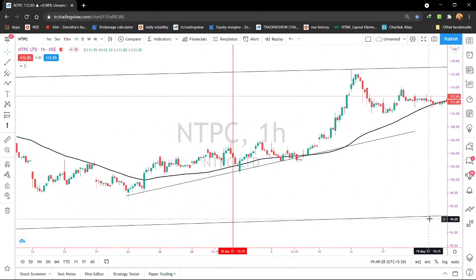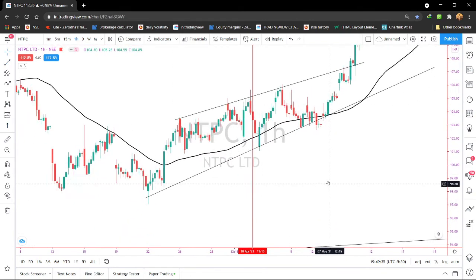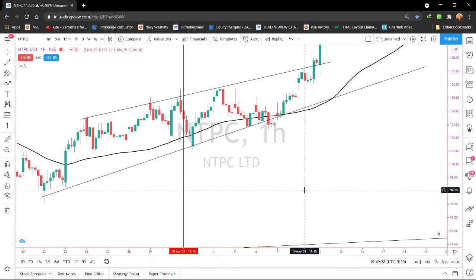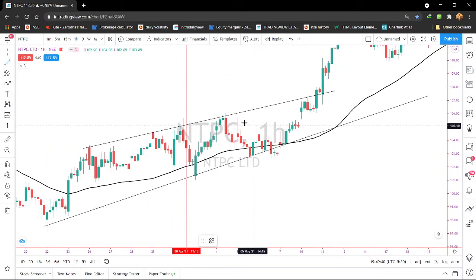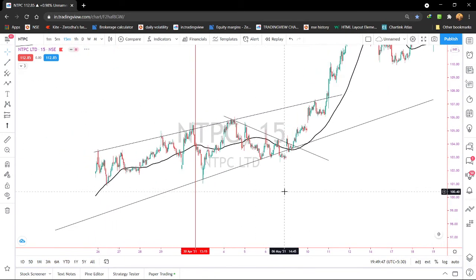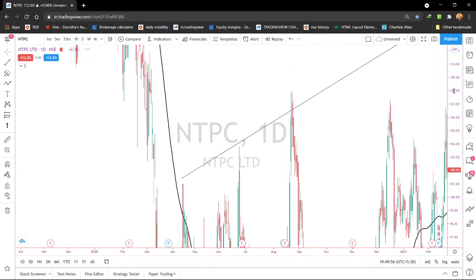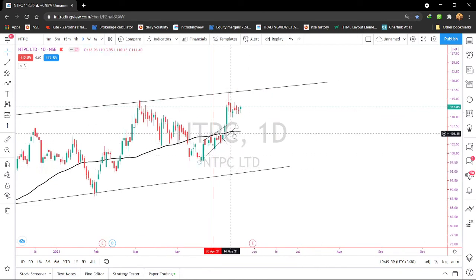Okay. And another thing, maybe you can find it or not, I can tell you. See, there is also a channel pattern in 1 hour time frame. It is a channel pattern. And one more confirmation for the entry was, see, there was a breakdown in a lower time frame. So you have to combine the price action along with moving average, along with technical analysis. So this was the first stock where we were finding the stock with a narrow CPR.